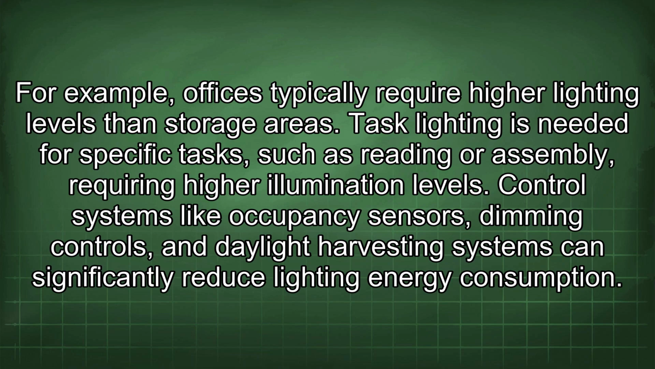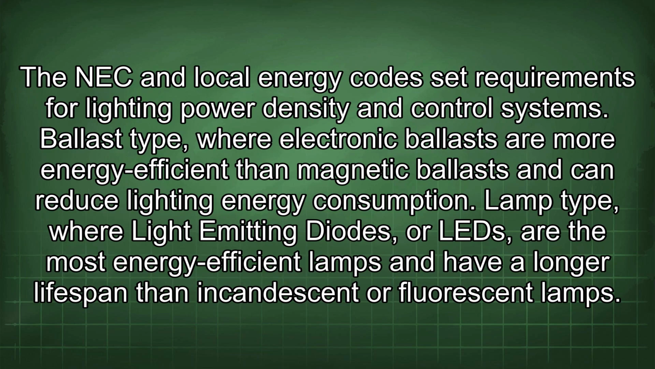Control systems like occupancy sensors, dimming controls, and daylight harvesting systems can significantly reduce lighting energy consumption. The NEC and local energy code set requirements for lighting power density and control systems. Ballast type, where electronic ballasts are more energy efficient than magnetic ballasts and can reduce lighting energy consumption. Lamp type, where light emitting diodes, or LEDs, are the most energy efficient lamps and have a longer lifespan than